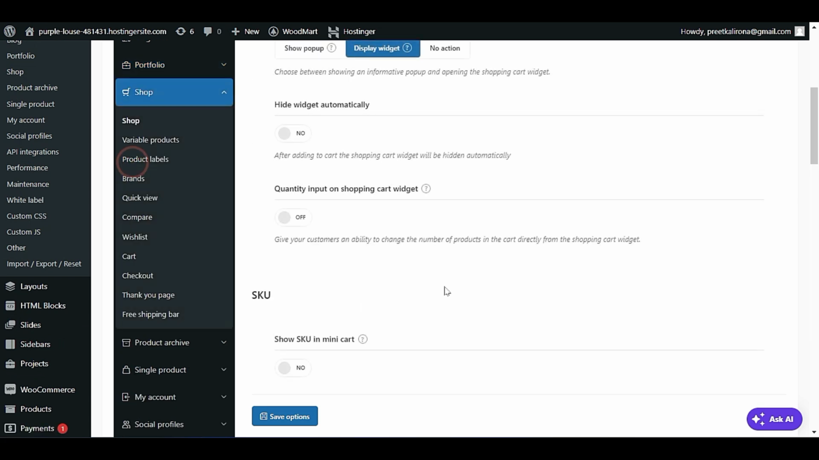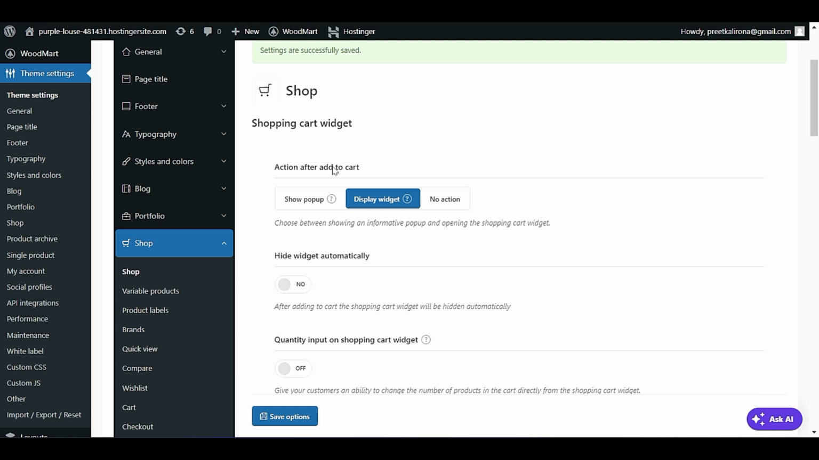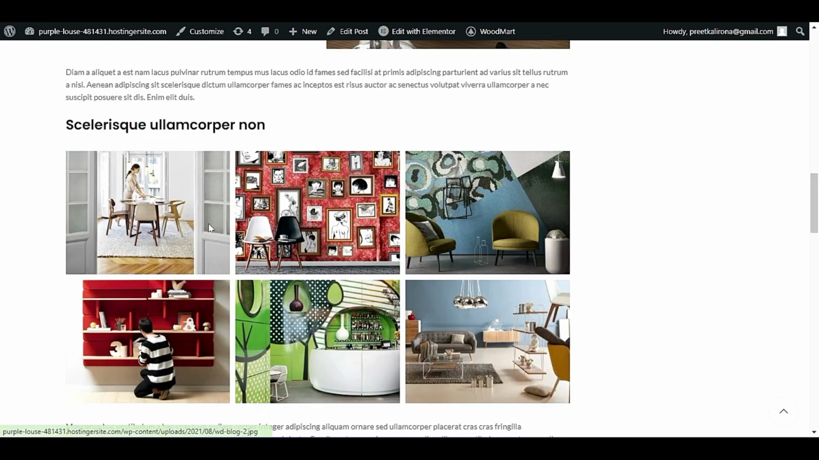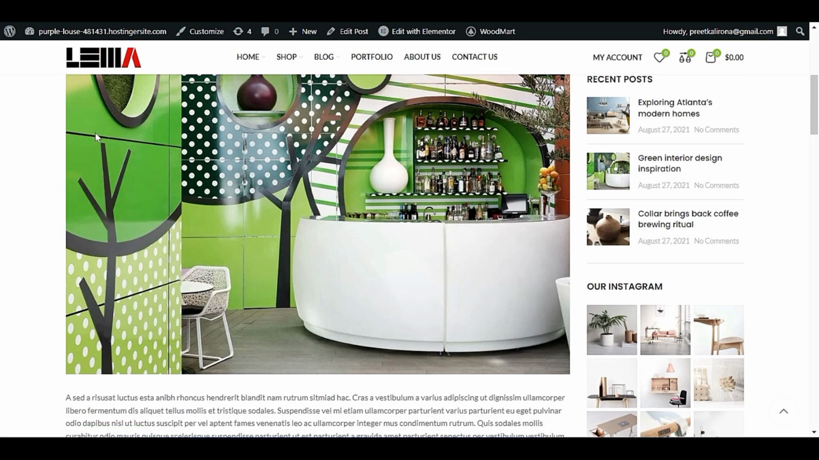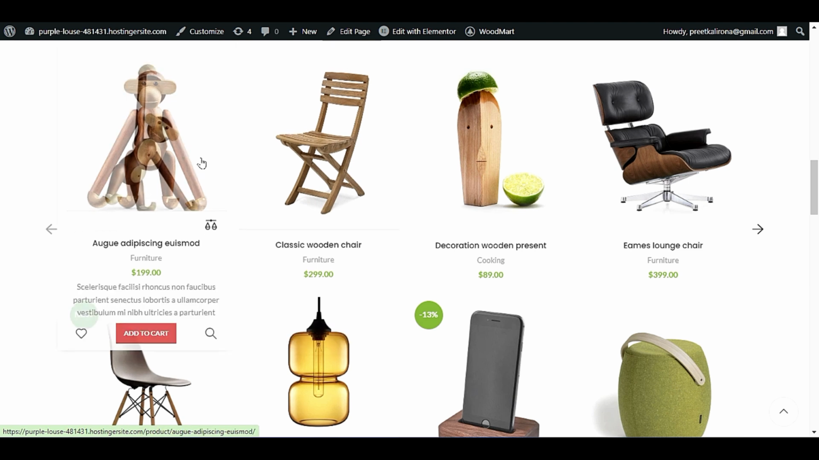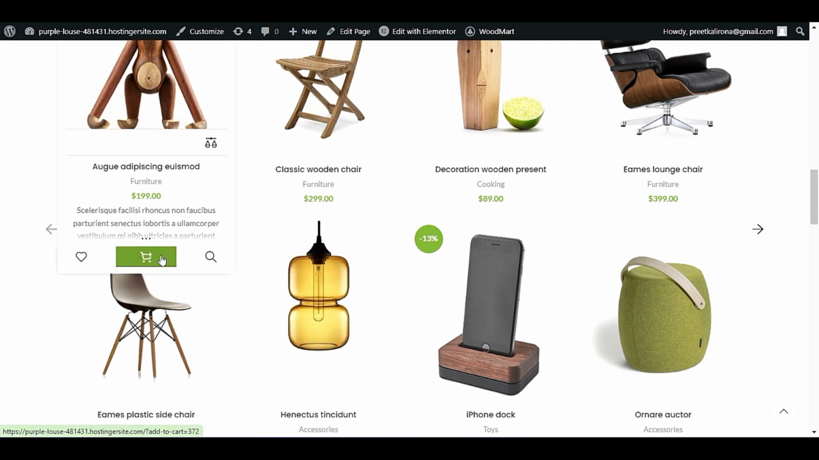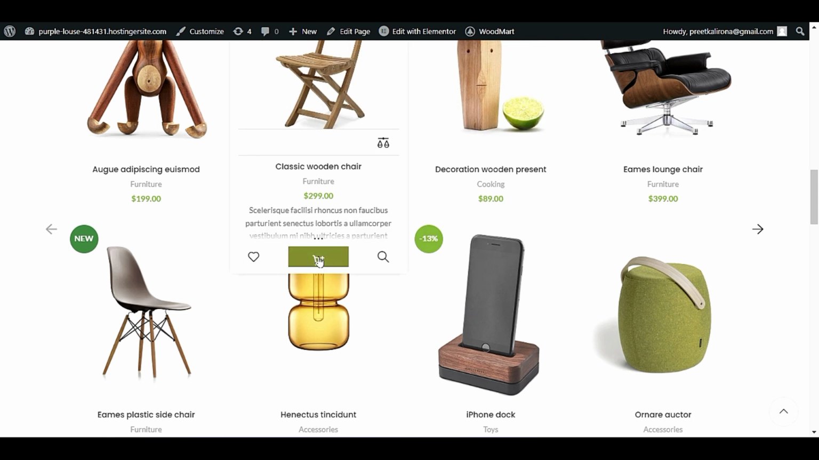Then we have a shop option, which is very important. Action after add to cart, display visit. Okay, if I go to my home page, if I click on add to cart, let's check out what happened. Okay, if I click on add to cart, as you can see, our button is now red. Earlier, as I explained, it takes time, right? It's now red, but if we hover, it will be green. Okay, if I click add to cart,